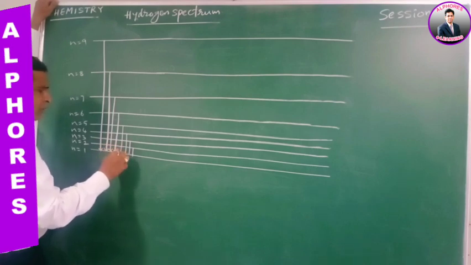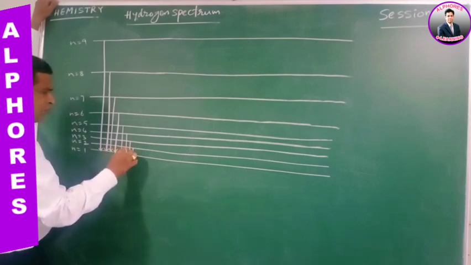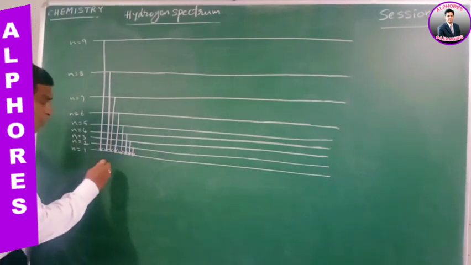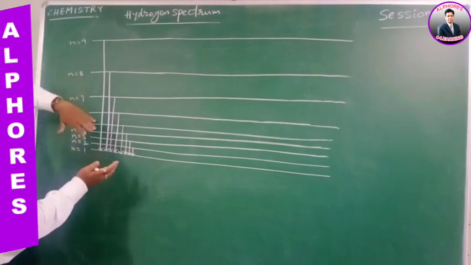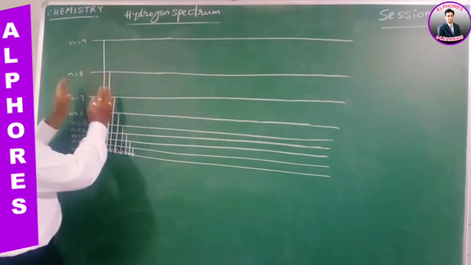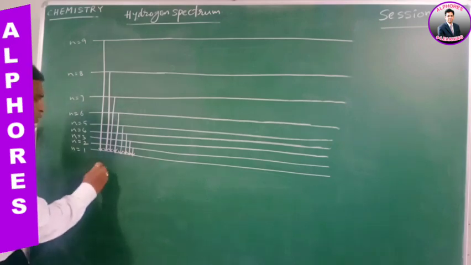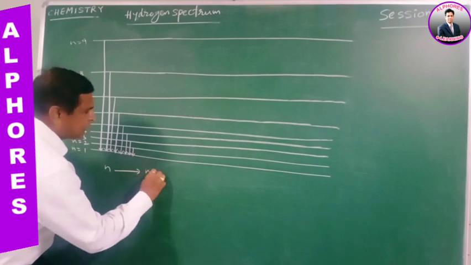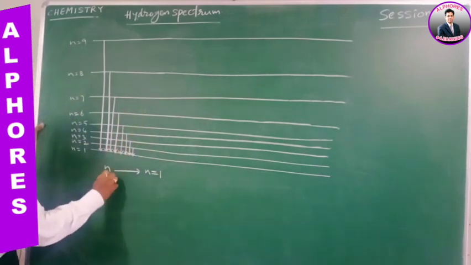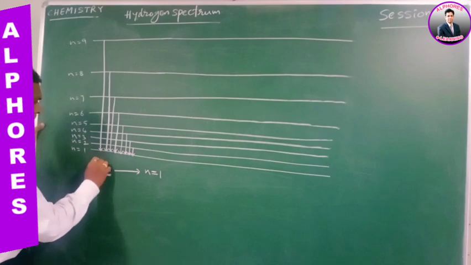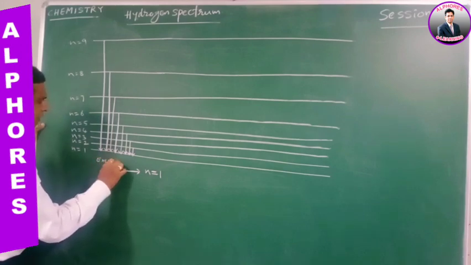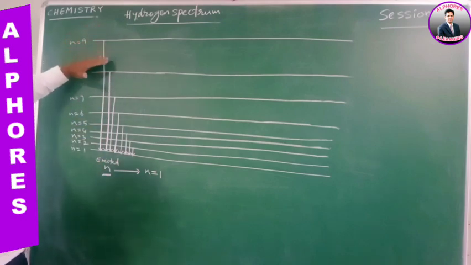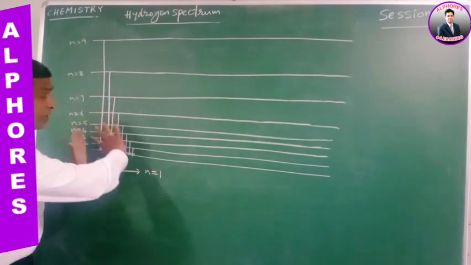So it is coming from the 9th orbit to the first orbit, and the 4th orbit to the first orbit, and the 2nd orbit to the first orbit. Okay, the electrons are coming from higher, that is excited states, higher energy levels, from the nth orbit to n1, that is the first orbit. What is n? n is the excited state. So from any excited state, if the electron jumps into the first orbit,